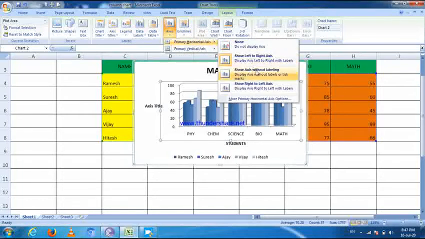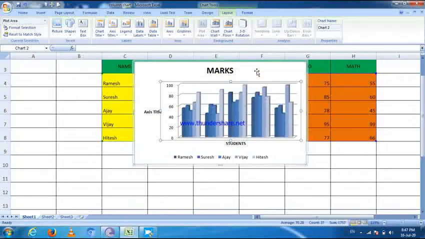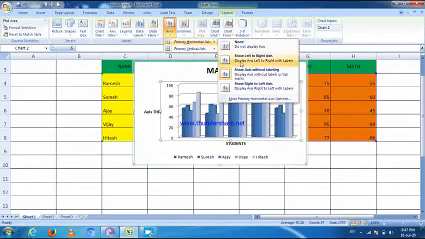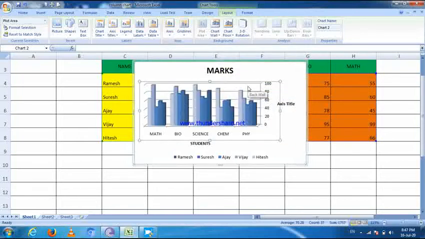Then next option, show axis without labeling. ओके एक्सिस आप देख रहे हैं कि इसकी एक्सिस रिमूव हो गई है. ओके विदाउट लेबलिंग, यानी आपकी जो एक्सिस दिख रही है मगर हम उसके ऊपर आपकी जो लेबल है वो नहीं दिखेगी. ओके शो राइट टू लेफ्ट एक्सिस, तो आपको दिख रहा है कि जो एक्सिस है उसका डायरेक्शन चेंज हो गया और आपको राइट साइड में दिख रहा है.